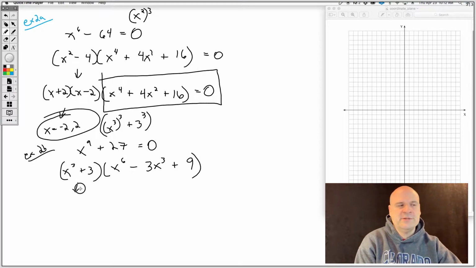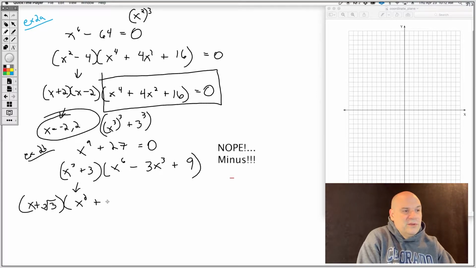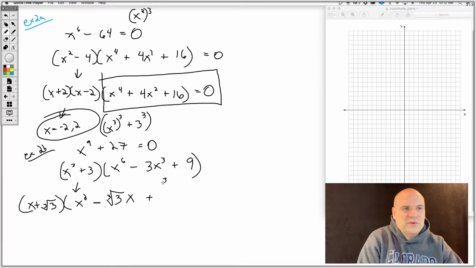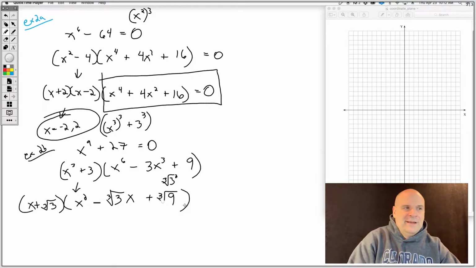Well, we're going to make it 2 cubes. So how do we factor this? The same way we factored this. So x plus the cubed root of 3, all times x squared plus cubed root of 3 times x, remember the product, and then the square of this, which is just the cubed root of 3 squared. Well, what's 3 squared? That's 9. So this is just the cubed root of 9. Okay? I know that's a little weird, but that's how you can factor it,